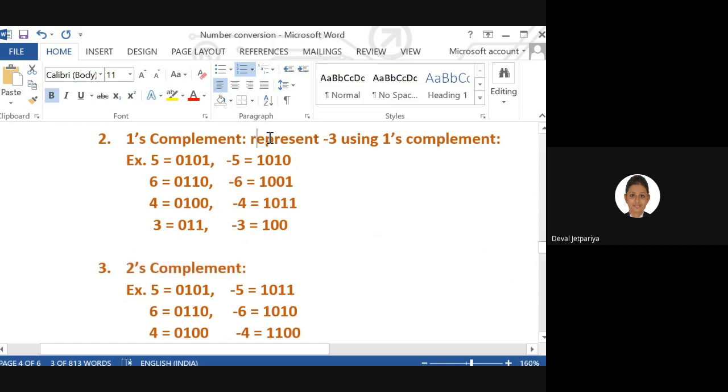Suppose the same question is given to us: represent -5 using two's complement. First we need to identify the binary of 5, and then for this value we need to identify the two's complement. So we all know that to find the direct 2's complement, we need to start with this. The first 1 is as it is. After that, whatever the value is, we need to write down its 1's complement. So that is 1, 0, 1. As simple as that.